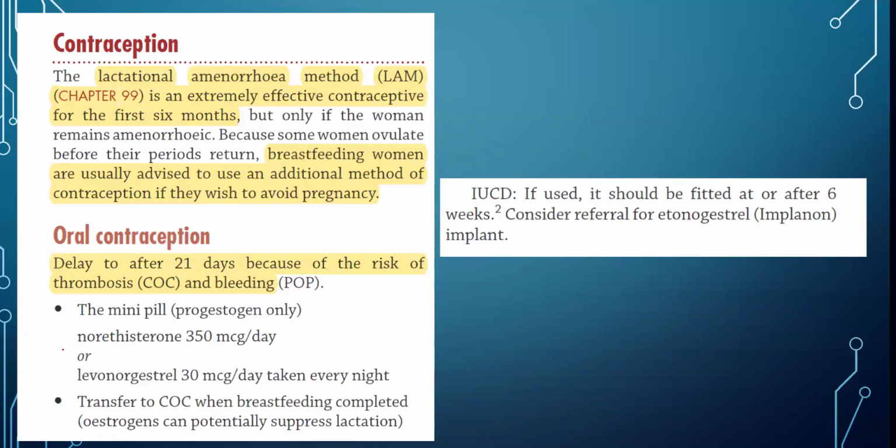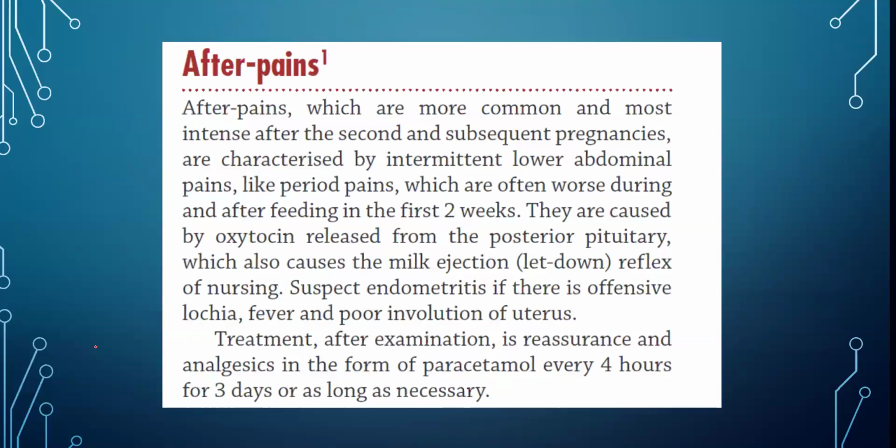If the patient is breastfeeding, then ideally you would not give them COCP. You can offer them the mini pill, which is POP. Once breastfeeding is completed, they can transition back to COCP. So usually that's the choice of contraception. Ideally 6 weeks is the time, so at 6 weeks you can start the mini pill if the patient is breastfeeding. Other than that, IUCD, implant, and everything can be done, and it is better to wait up to 6 weeks.